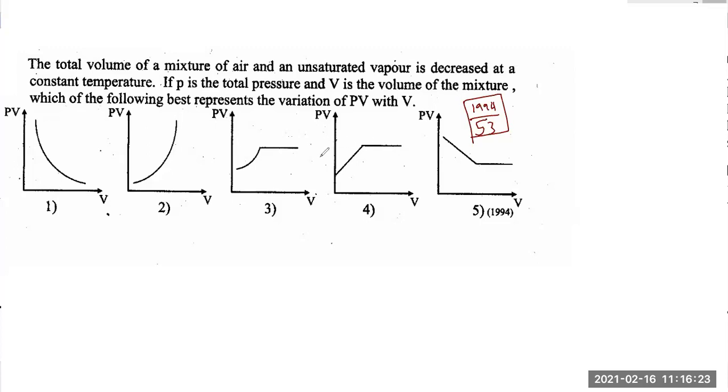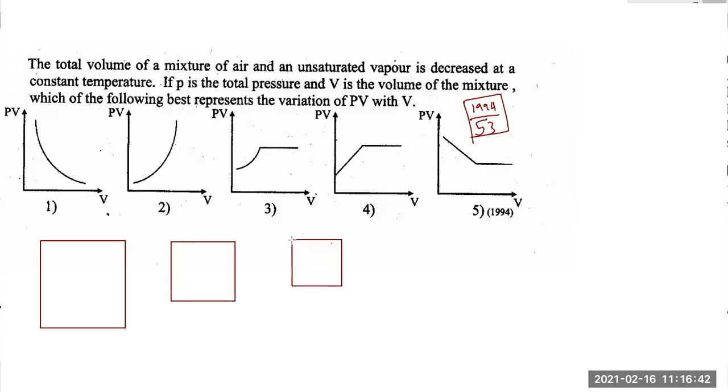Right, PV versus V. Now they are going to reduce the volume at constant temperature. So let me consider this situation. Let me go in reverse. Let's start: initially the volume is high, and then the volume keeps reducing. At one point the volume reduces to a certain value, and then you keep reducing the volume after that as well. Right, fine. Initially, the air will be unsaturated when the volume is high.